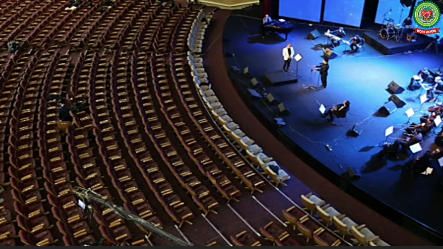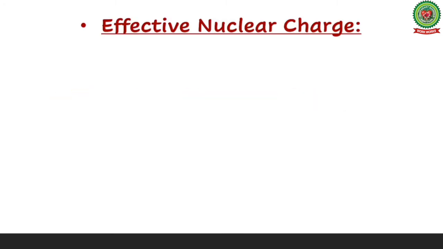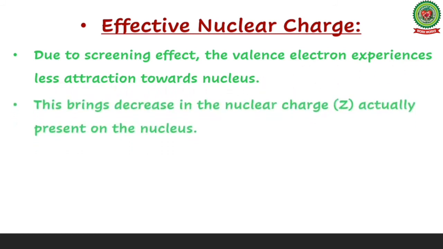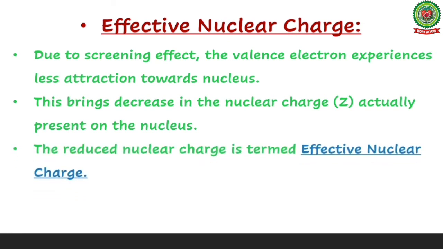With the help of this, we can also understand one more topic, that is effective nuclear charge. So what is this effective nuclear charge? We know that screening effect is there in an atom. Due to screening effect, the valence electron experiences less attraction towards the nucleus, and this brings a decrease in the nuclear charge actually present on the nucleus. Now, this reduced nuclear charge is termed as effective nuclear charge, and it is represented by